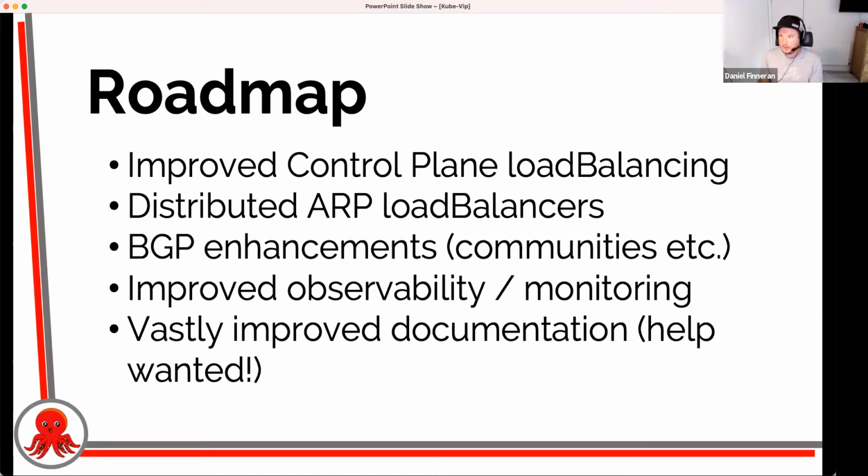The CCM will get you an IP address from the Equinix Metal API. Kube-Vip will then be able to do BGP to tell Equinix Metal routers that go out to the outside world to send traffic in to that address. And then additional things: I mentioned OSPF, improved observability and monitoring, and working on improving the documentation.